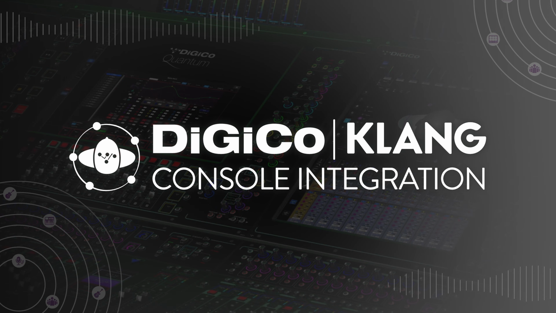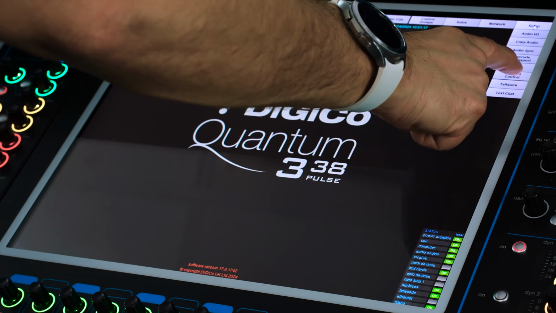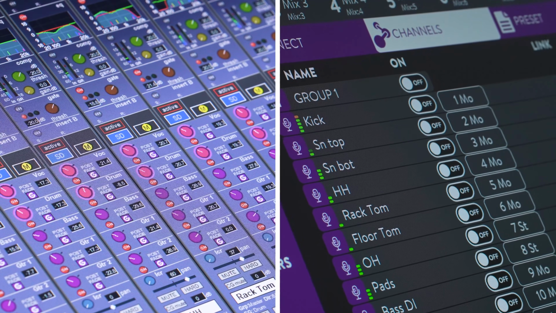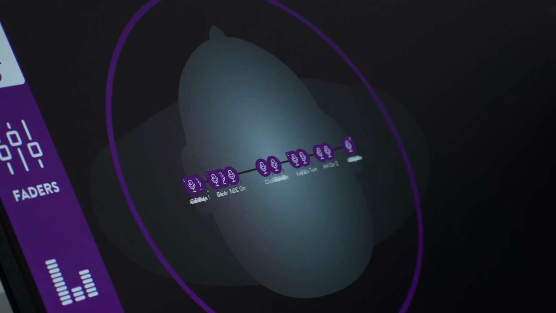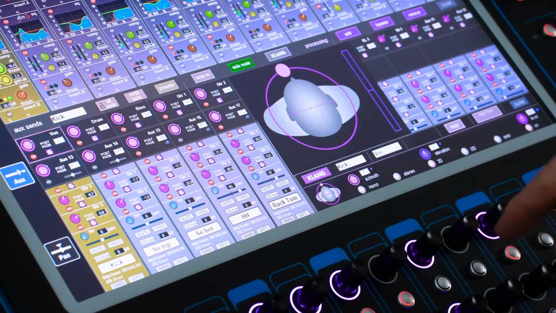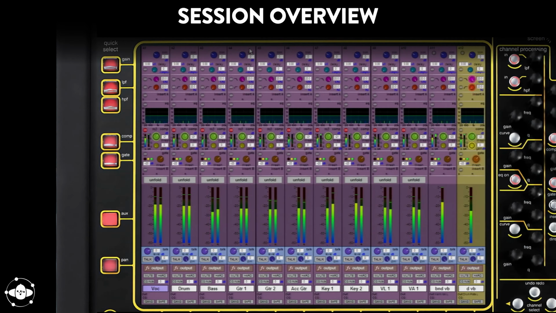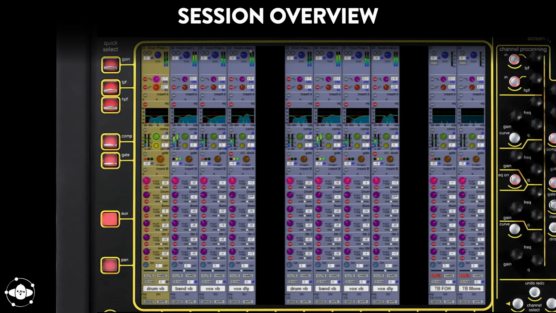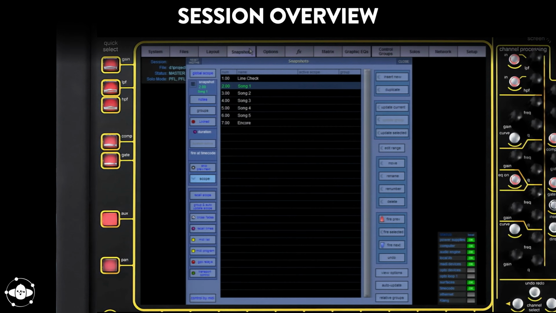The world of immersive mixing has seen a massive simplification with DiGiCo version 1742 and KOS 5.5. Today, we're going to integrate Klang step by step into an existing DiGiCo IEM session, getting your artists Klanged up in no time. As an example, we are using the following session as our starting point: 10 stereo in-ear mixes, just shy of 50 input channels, some effect returns and subgroups, and a bunch of snapshots.